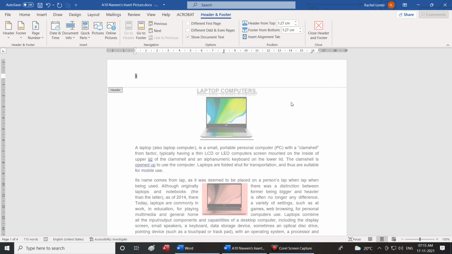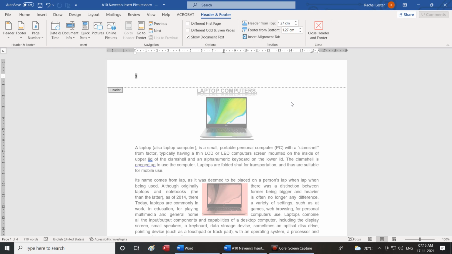Okay, write down the first one, header and footer group. The header and footer group has 3 options. Otherwise you can write down as A, B, C. A, header option.